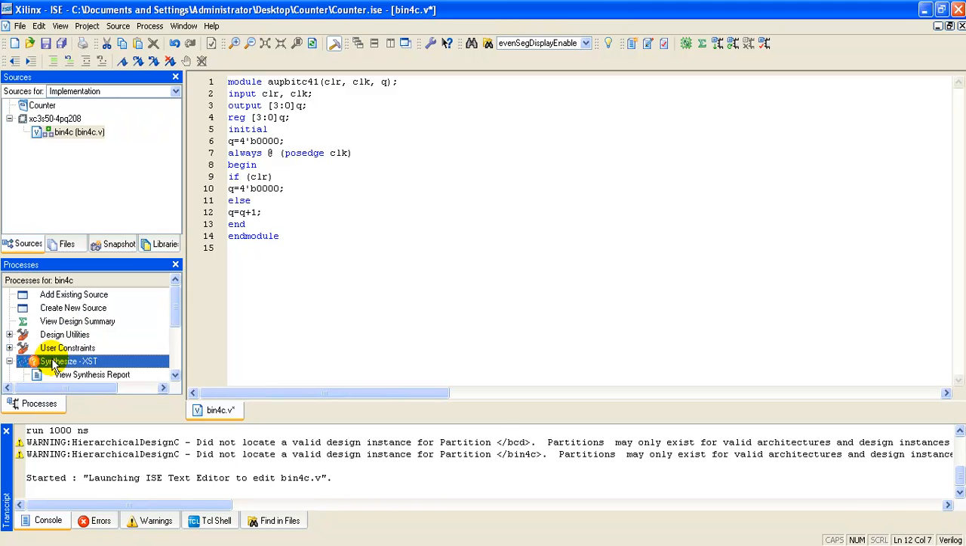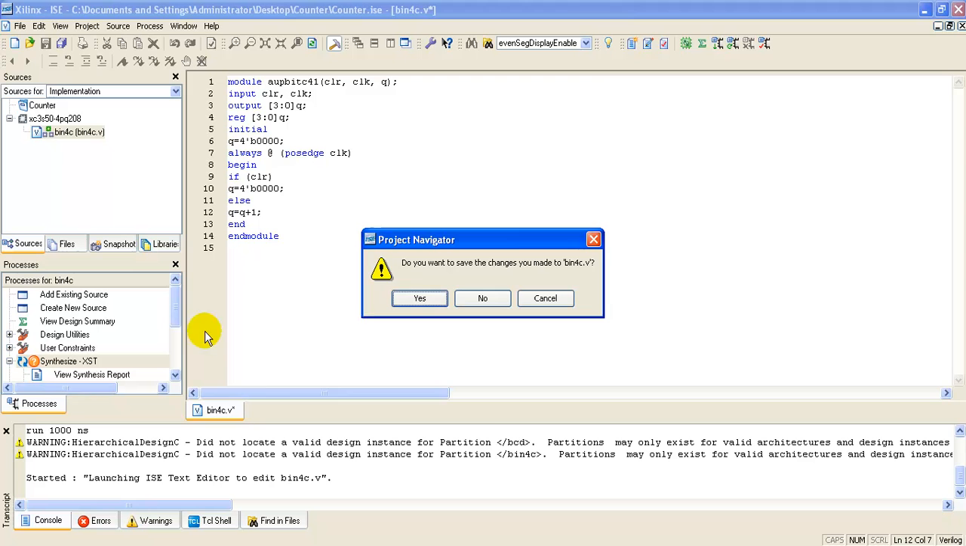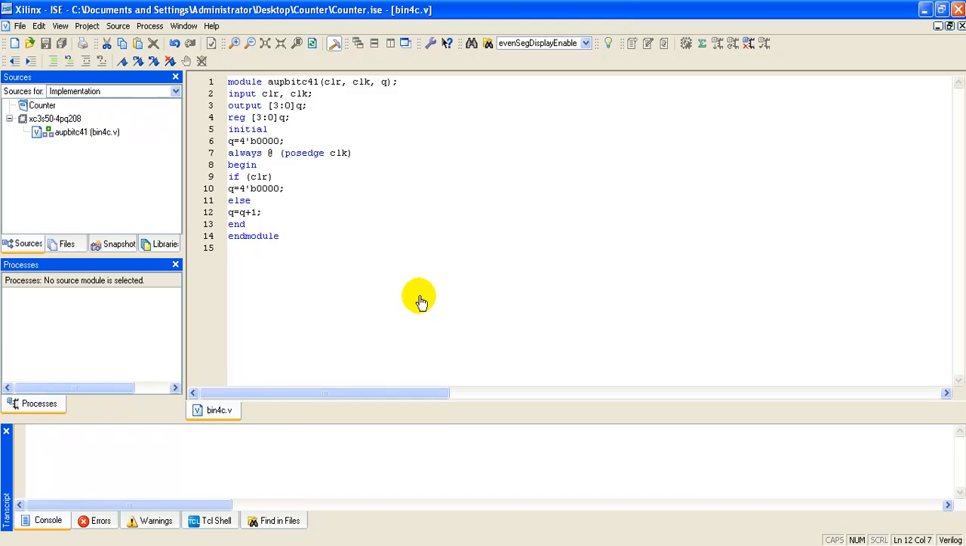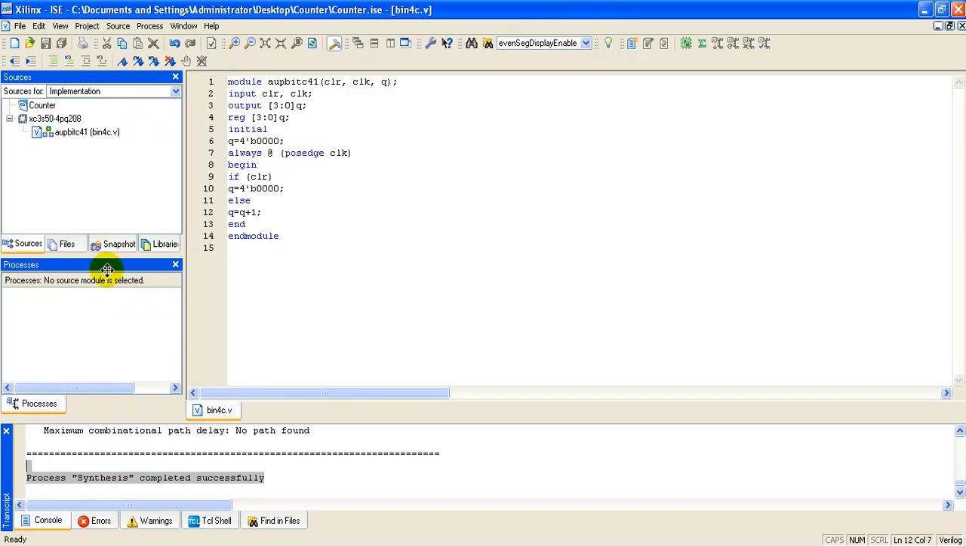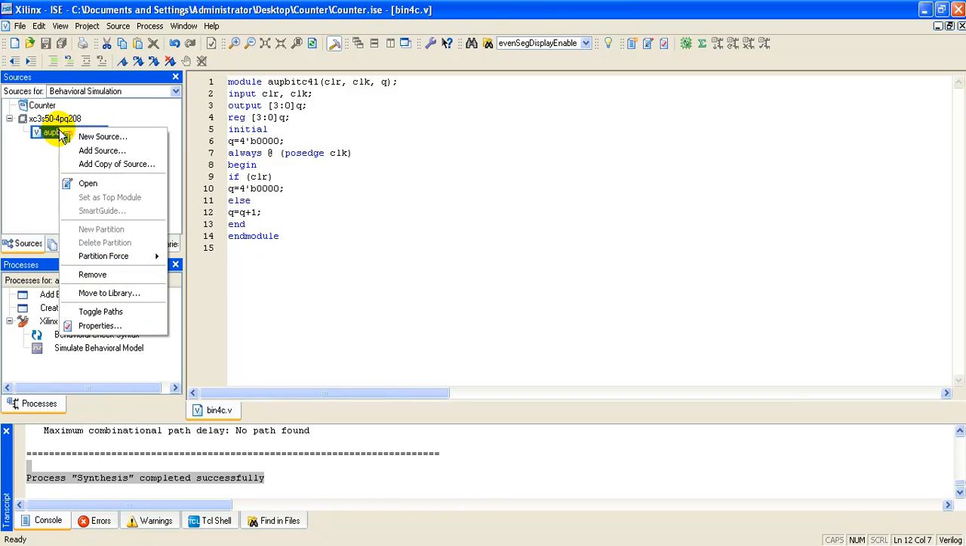Once the program is written, we have to check for the syntax and synthesize the program. It is asking whether to save the changes or not. Press the option yes. Okay, here you can see the message that the process synthesis completed successfully. Once the synthesis has completed successfully, go to the option behavioral simulation here and again follow the same procedure by